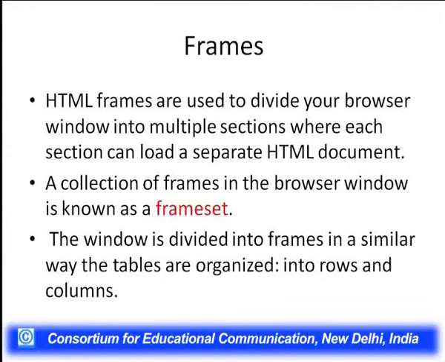A collection of frames in the browser window is known as a frame set. The window is divided into frames in a similar way the tables are organized into rows and columns. So, actually the way we use tables to organize data into rows and columns, similarly we can use frames to organize data on the web browser screen using rows and columns, but the difference between table and frame is that